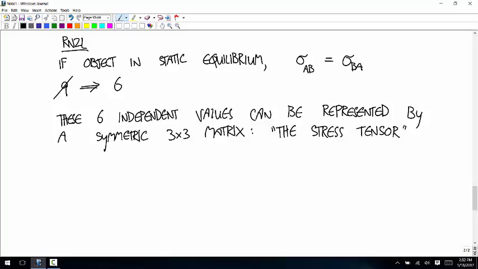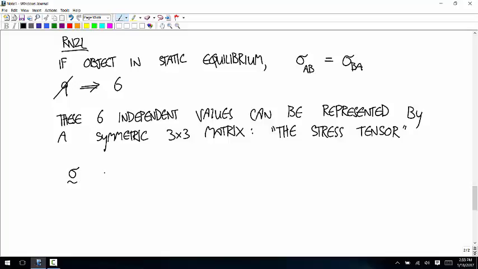And a tensor is like a square matrix. It can be any size that has the same meaning. All tensors are square matrices, but not all square matrices are tensors. To be a tensor, you have to have some kind of invariance of meaning as you go from one coordinate system to another. Okay, and so the final stress tensor, which we're going to write as the Greek letter sigma with a squiggle under it,